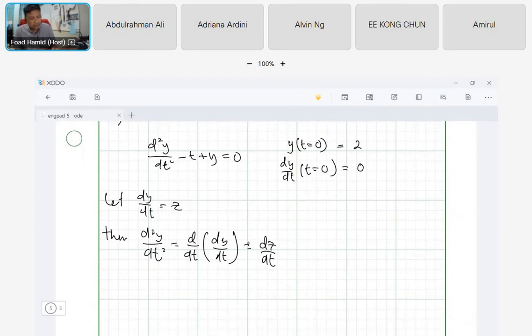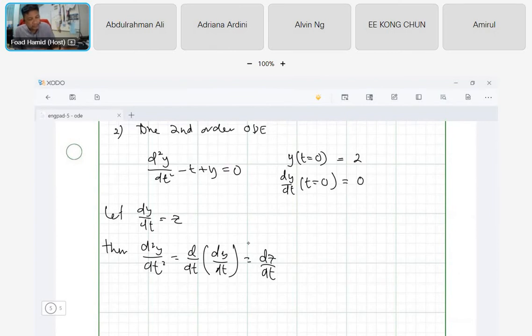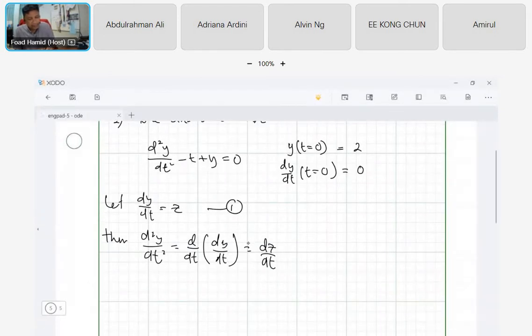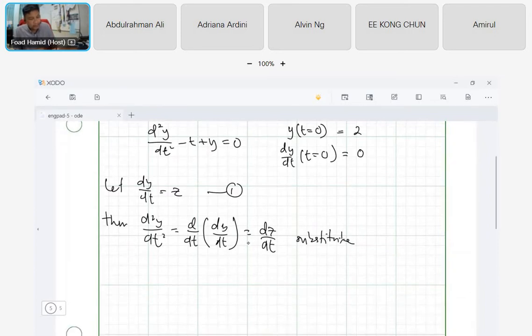So we substitute this, and this is our first equation. Our second equation is just substitute this into d²y/dt² minus t plus y equal to 0,